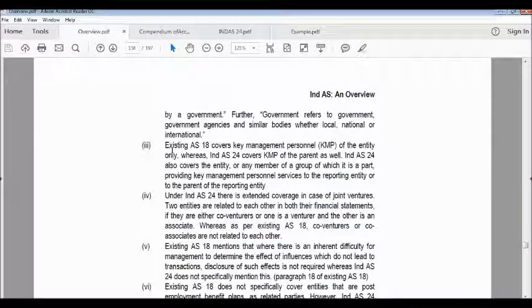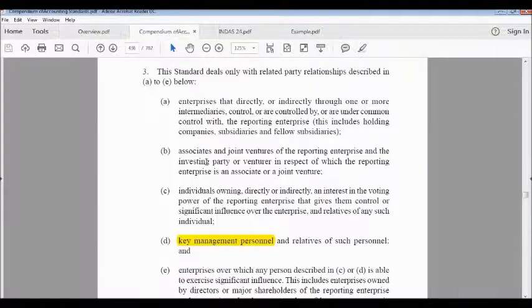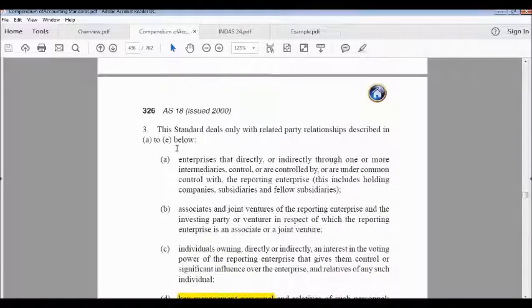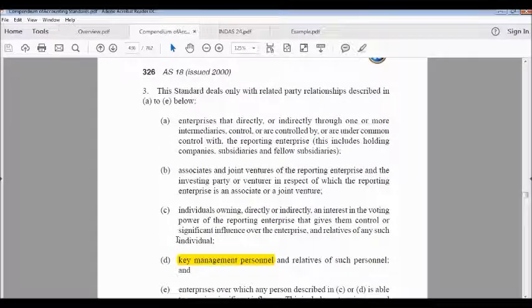So it says that existing Accounting Standard 18 covers key management personnel of the entity only, whereas Ind AS 24 covers key management personnel of the parent as well. So let's take a look at how it is covered. This is the existing Accounting Standard 18, and in paragraph number 3, this is related parties. Clause D says that a person is a related party, and who is that person? It says key management personnel and relatives of such personnel, and Ind AS 24 says that